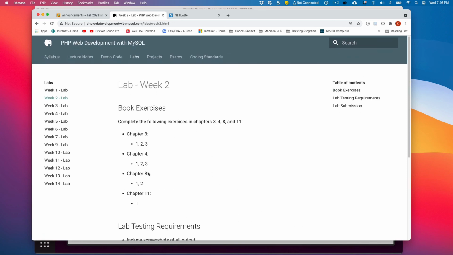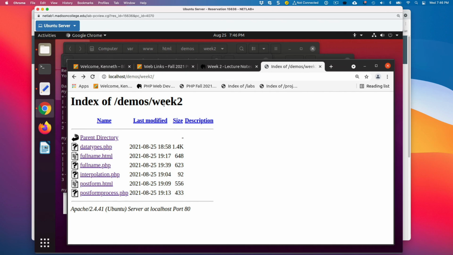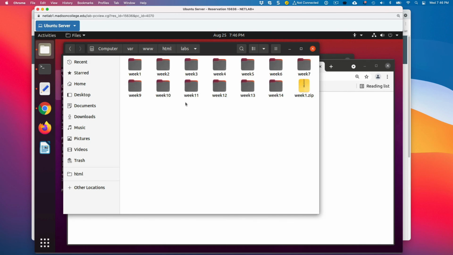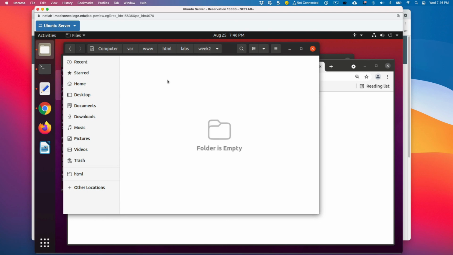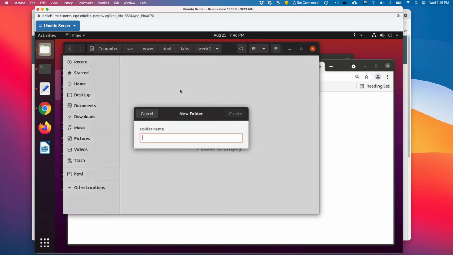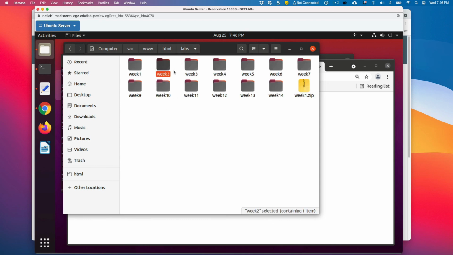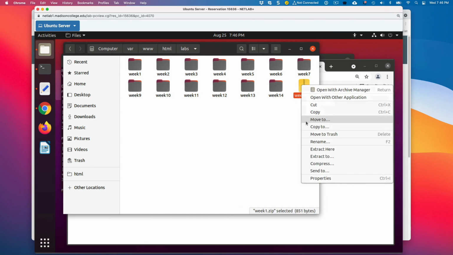In your VM, when you're all done, you're going to go to your labs folder and create a folder in here called screenshots. Then you'll have all your source files in here, your screenshots in here, and your dump database in here. Come back out here. Oh, that was from last week. You can delete that.